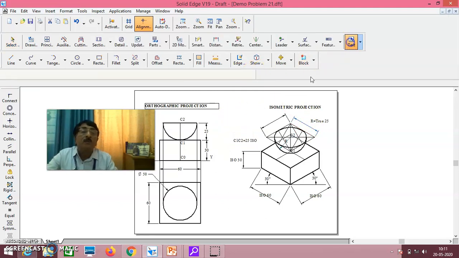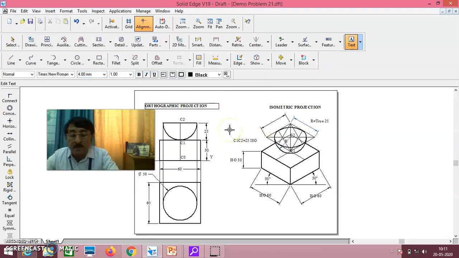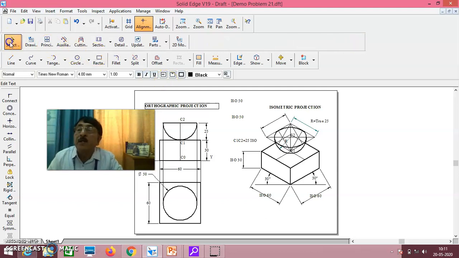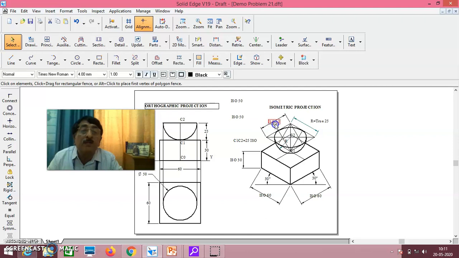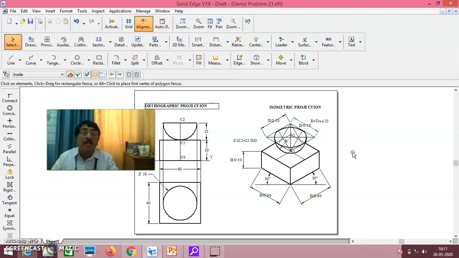Using this, ISO 50 you draw. In that way, you please follow this. You come and put here ISO 50. Put here also ISO 50. Now it is ready for taking the printout. If you do this way, it will be completed in all respect.